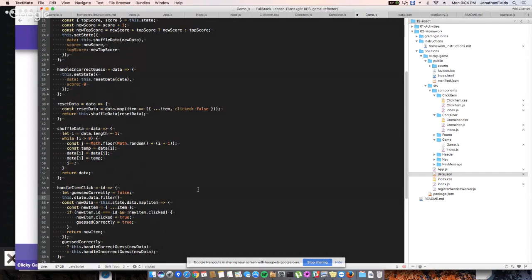Doesn't matter. So we're just going to filter it and try to see if there are any that match this ID that have a clicked true already set. So we're just passing in a fat arrow function as the only argument here to filter. And then we're just going to say it's going to return true if both the item